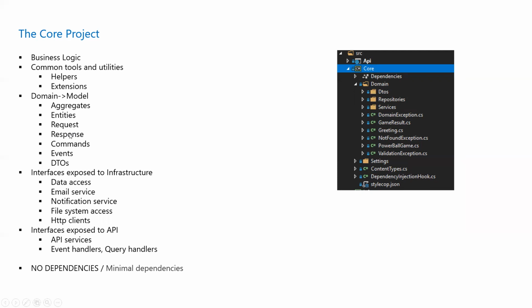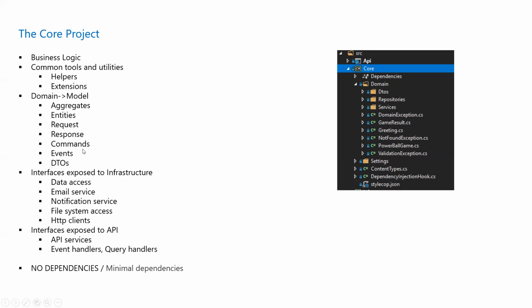And you can have the request response objects either in the API or in the core. I keep them in the core so that they are shared between the API and the infrastructure. Sometimes these request response classes will bleed into the infrastructure also, so I kept them at the core level. But if you are planning to use mappers to map into DTO objects, that's another way of keeping these request response classes in the API instead of in the core.